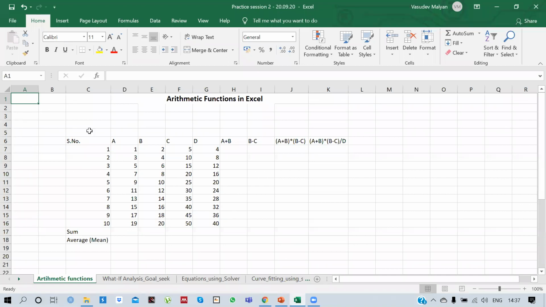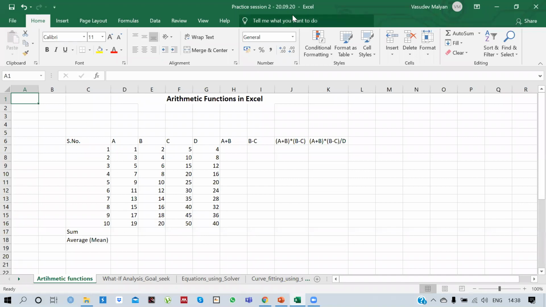So let me just familiarize you all with Excel. What is Excel? It is a tool which is used to visualize and analyze data. The visualization part we have already done, and today we are going to analyze whatever data set is given to us. But before analyzing, you have to learn some basic functions, or basic operations, in MS Excel, so that you are familiar with how to play with data before analyzing it.